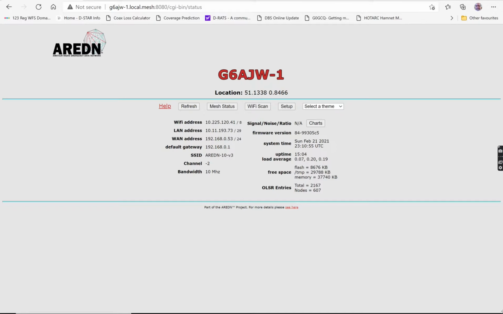Right, for those of you who have just started using Mesh and you've just loaded up your Mesh node on your browser, which here I'm looking at Dave's browser, that's the name of his browser, so he would put in g6ajw1.local.mesh:8080/. If that doesn't work, instead of putting your call sign and node name down, you've got to call it something,